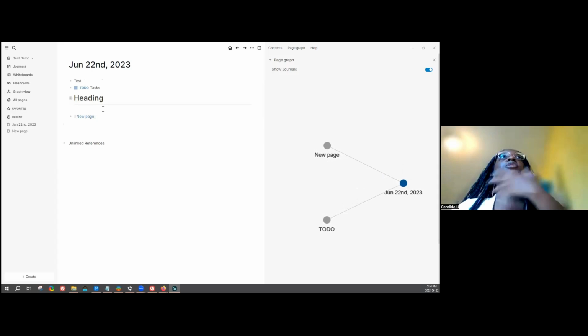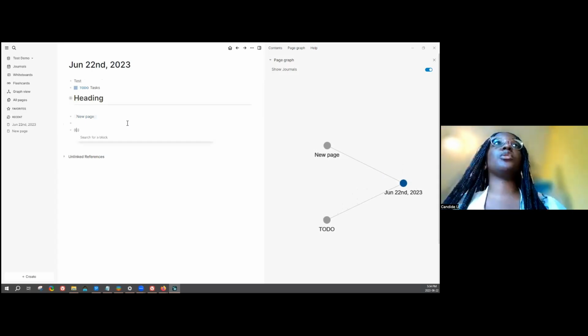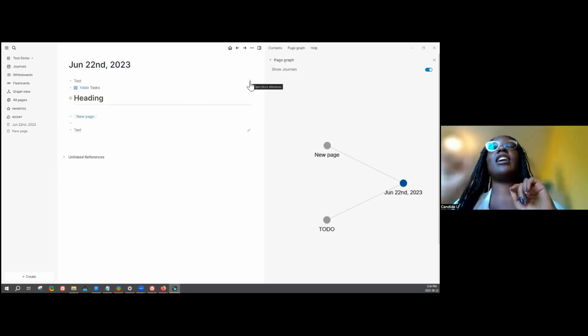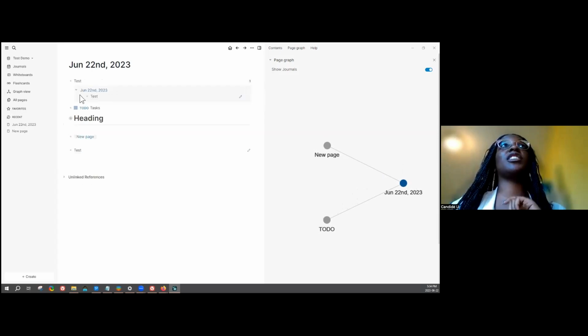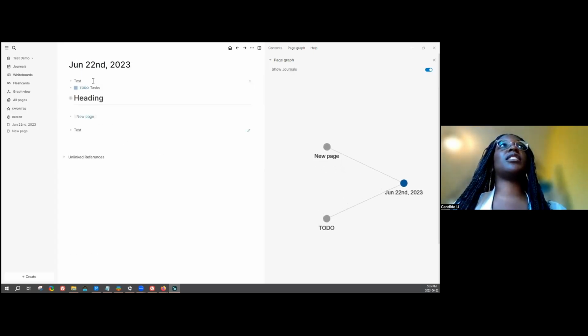So as you have seen, you can reference different pages, but you can also reference blocks. To reference a block, you type two parentheses and search for it by typing in the text. I'll put in test here, and as you've seen, there's now a number saying there's a reference to this block. When you click on it, it shows you that this place references it, and you can jump to the reference that way. The nice thing is that if you make any changes to the original block, test 1, 2, 3, and then click away from it, it keeps it up to date, which is nice.